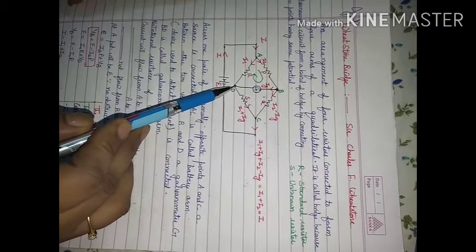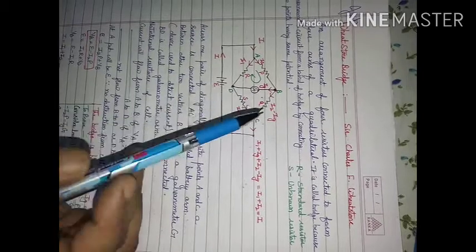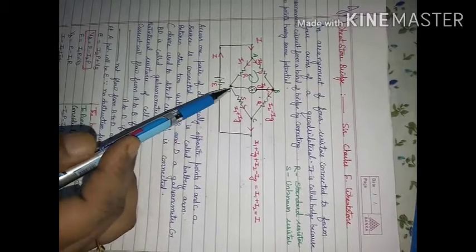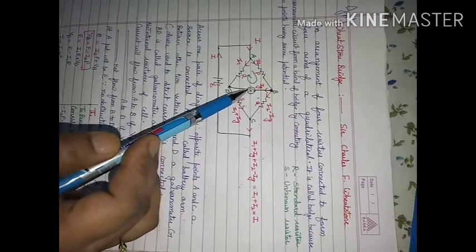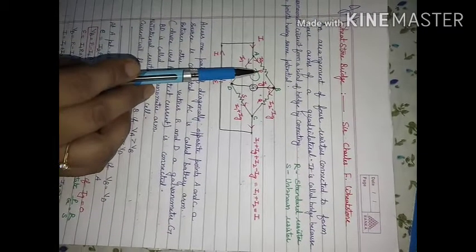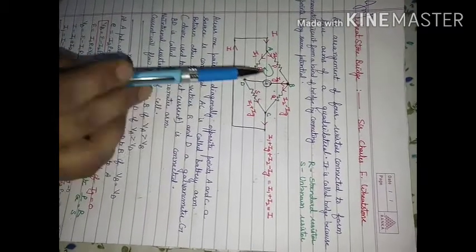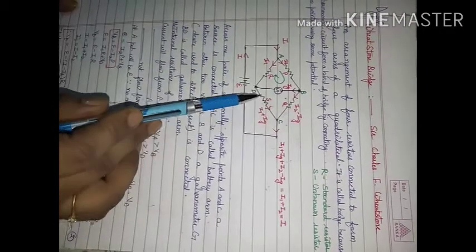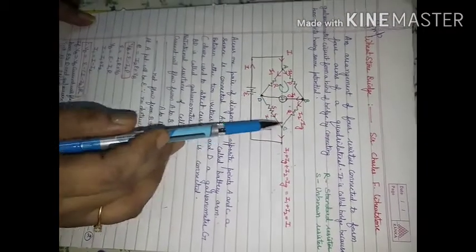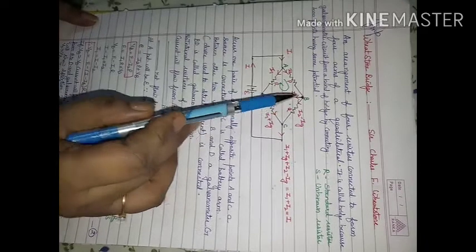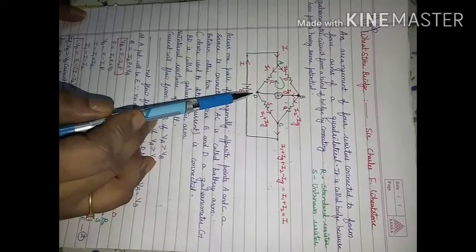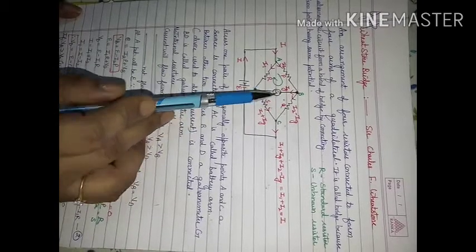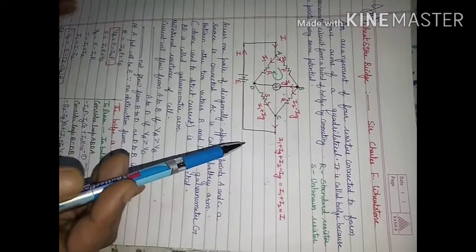And when we will do the article, we will see that when potential at B and D is going to be same, no current flows through this galvanometer. So an arrangement of four resistors. How many resistors? P, Q, R, S. Four resistors which are in the form of a quadrilateral A, B, C, D, where B and D are joined together with the help of galvanometer. Then this arrangement will be known as Wheatstone bridge.